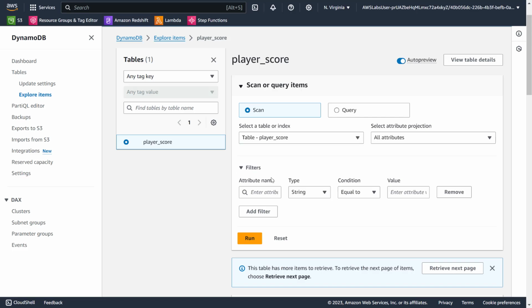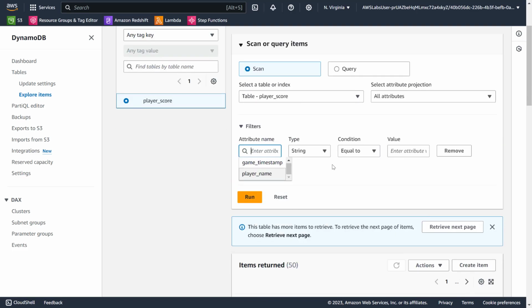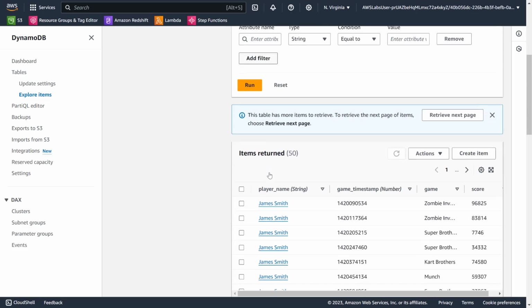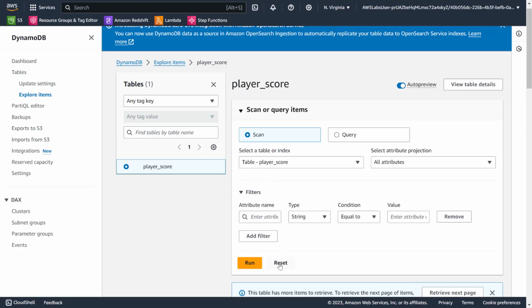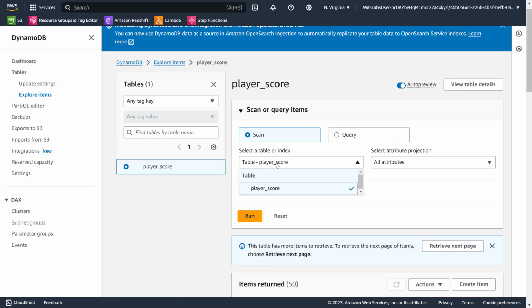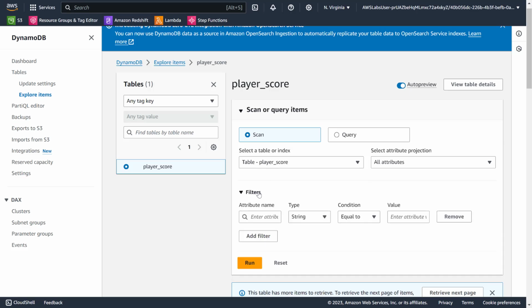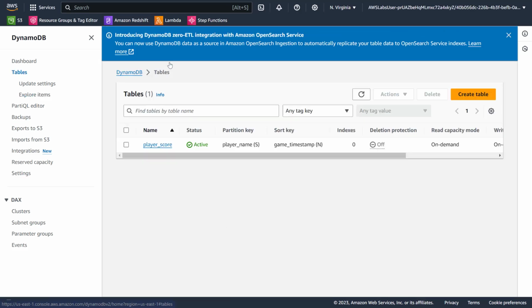Player score attribute, why do I see what is different here? Okay, maybe reset. Okay, that's fine. Okay, that's not it. Something is not right. So let's click explore items.